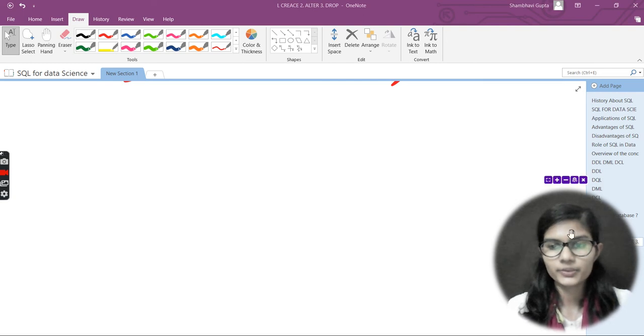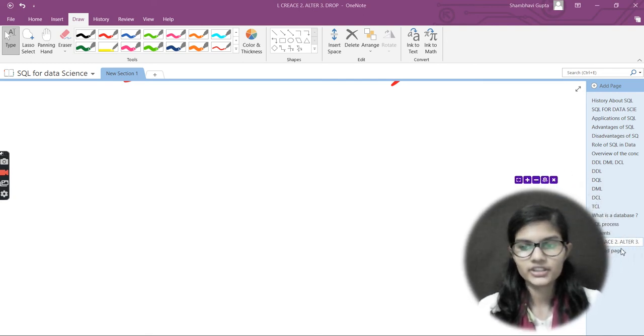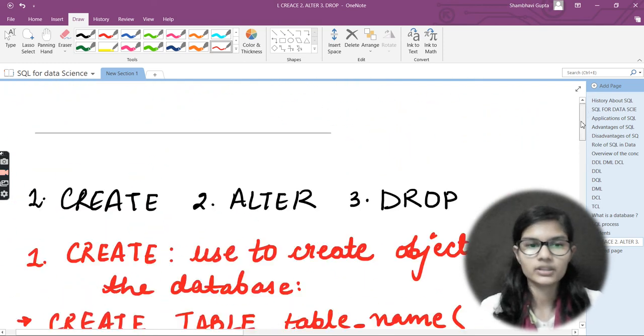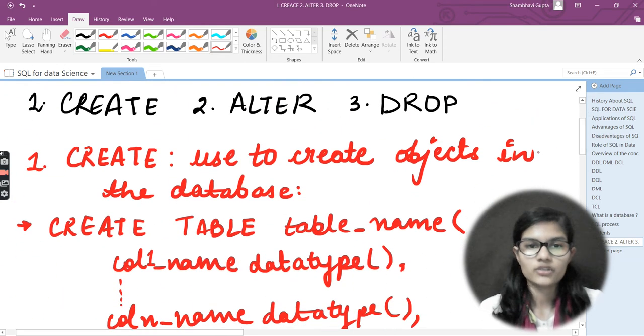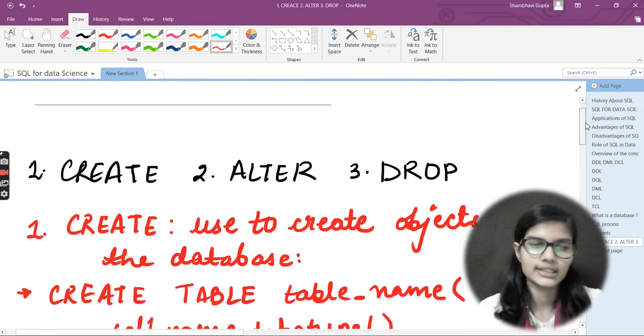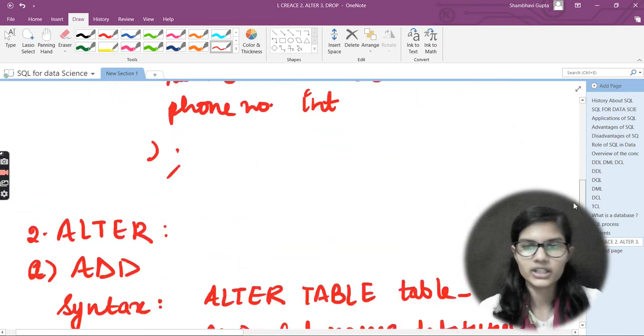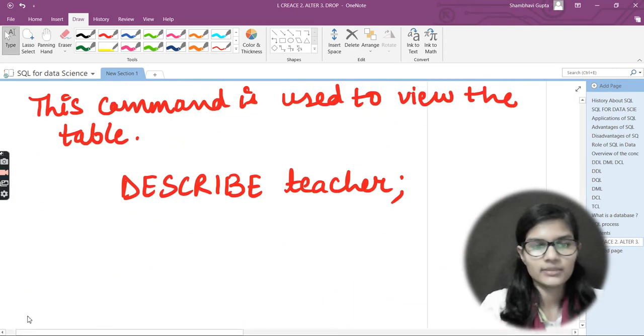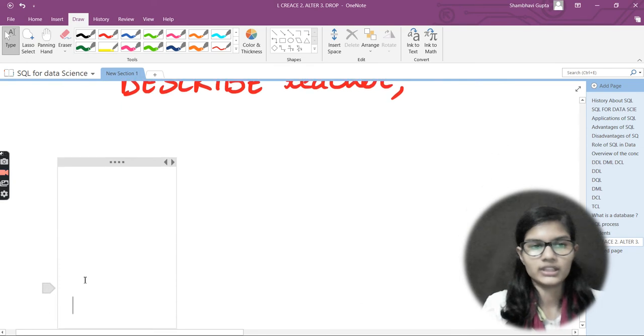So in the previous video we had seen three commands for this particular DDL, and those were, let me show you, create, alter and drop. These were the three which we had seen. Now in this video we are going to see the rest of the three commands which we have in the DDL, that is basically drop, comment and rename. So let me come down here and let's start using the commands.